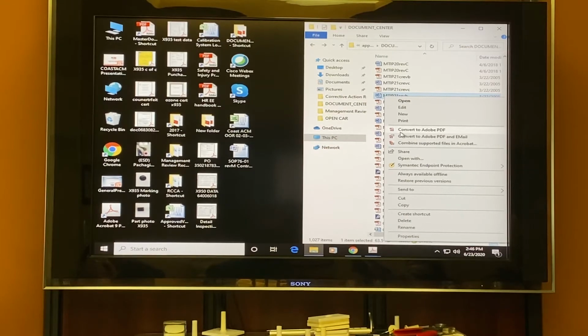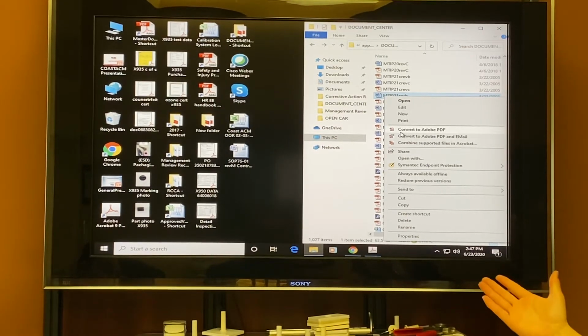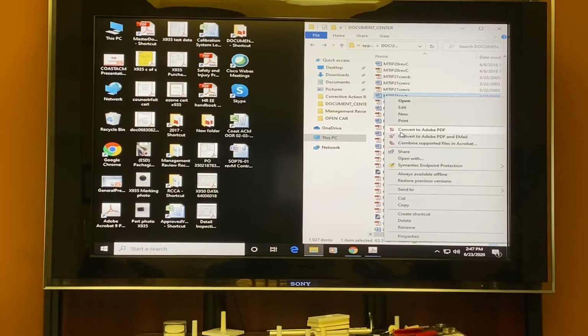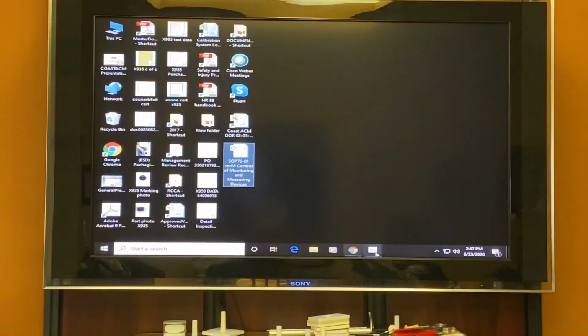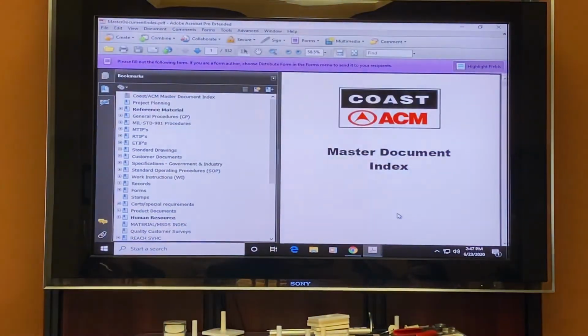And once you save it in here, you right click and you put convert to Adobe PDF. And then it'll do its thing, and it'll usually just populate the name of the document itself. But on the PDF version, again, it's only the document number. It doesn't have to have anything else, no revision level, nothing else. Just the document number. So that one would just be SOP 7601. So after it's already saved in the O drive, then you would go to the master document index